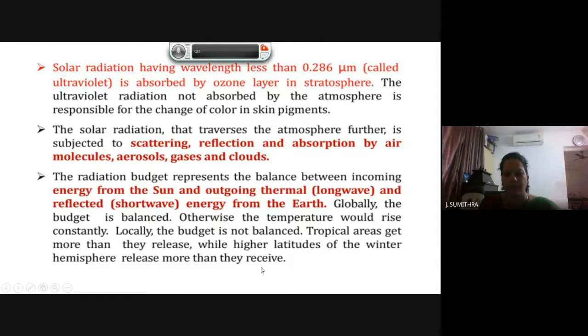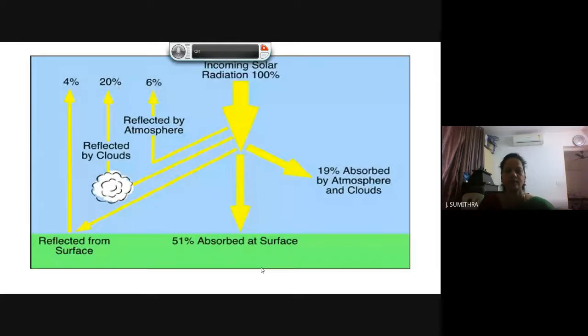This will happen if a balance is not provided between the incoming radiant energy and the outgoing reflected energy. And this is a diagram which clearly explains how solar radiation travels towards the earth and in what fraction, or otherwise it shows clearly the depletion of solar radiation by the atmosphere, right? So from the sun, the incoming solar radiation is found to be 100%, and out of which only 51%